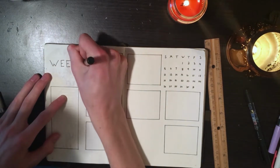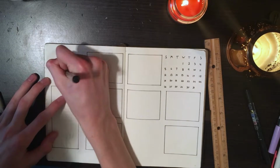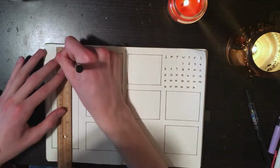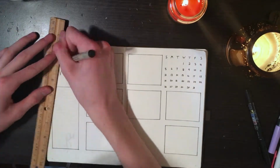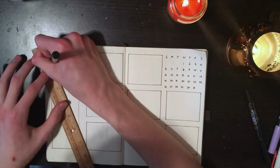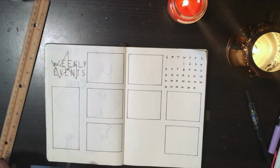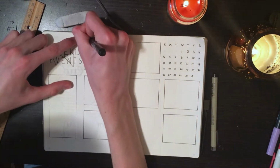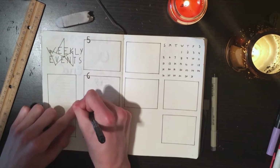So I also went in and titled that long rectangular box of weekly events, and I put in a triangle pattern in the back. I couldn't think of any other simple geometric shapes that I wanted to use, so I just went back to the triangles, and I just did some symbol made out of triangles behind weekly events,